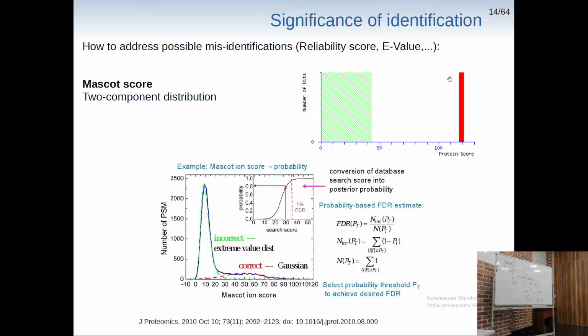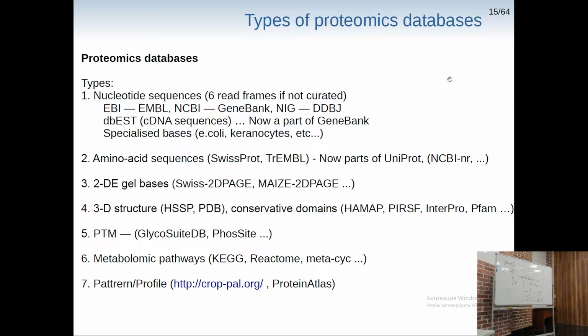So let's see what kind of databases in proteomics we have. We've discussed databases which we can use for our peptide or protein identification, right? And there are, of course, a lot of nucleotide databases, whatever you can think of, GenBank, NCBI, whatever. Also, if you have any database which covers your specimen of interest, like SwissProt, for instance, it would be better